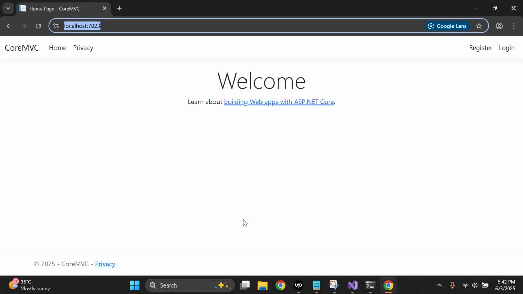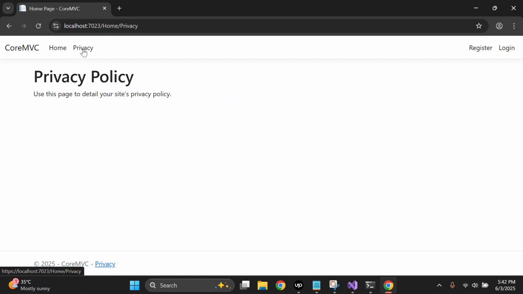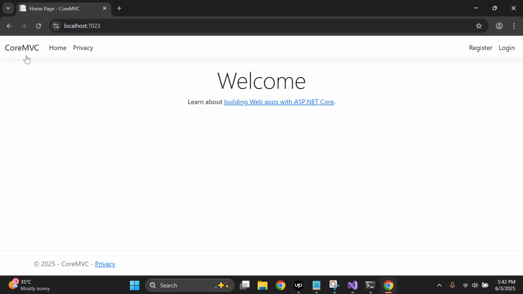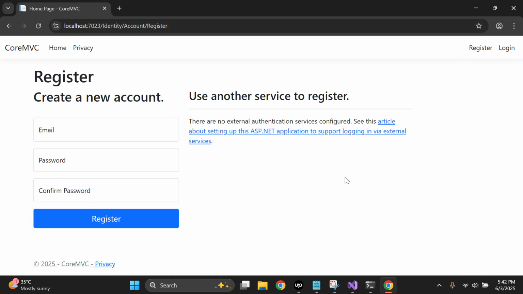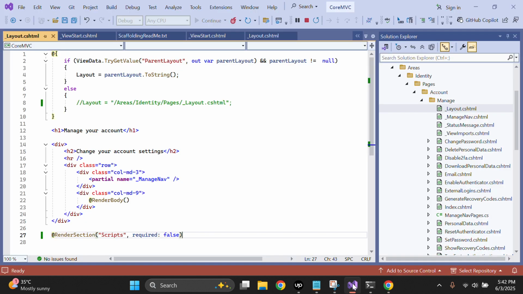Now this will act like a single page application. If we click here, the entire page is not refreshing. Only the render body section is updating. Even when we click login, register, it's like that. Another thing I need to do,